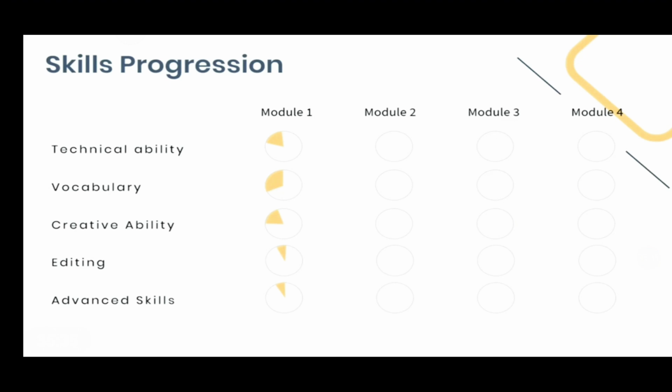Our editing, our advanced skills, these are things we're going to have a look at as we continue on, something that will be developed a lot more at a later stage. But our creative ability and our technical ability, these kind of go hand in hand. And when we develop each of these, we'll find that having more technical understanding offers us more creative ability.